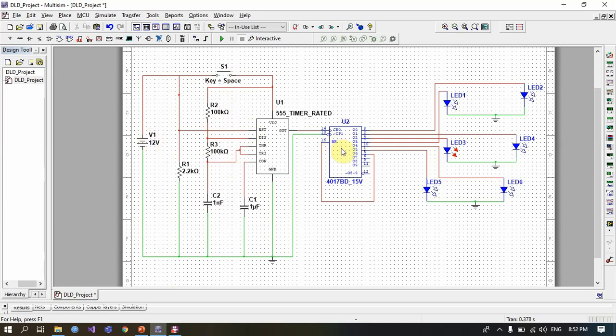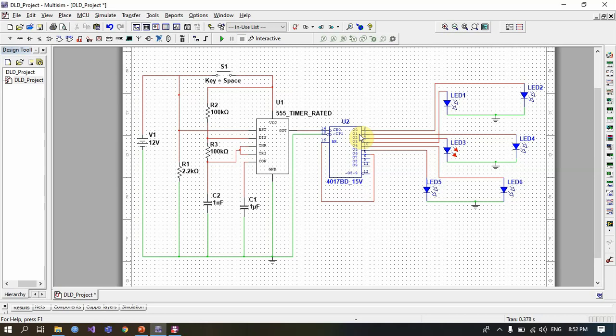And this is the 4017 decade counter. We know that a decade counter is also known as a mod 10 counter, which has 10 outputs. The IC 4017 decade counter is capable of counting the incoming pulses from the clock pin, and with each increment in clock cycle the high signal output goes from Q0 to Q1. That means during the first positive edge, the Q0 pin gives the high output, and during the second positive edge, Q1